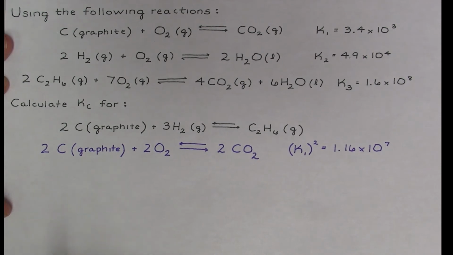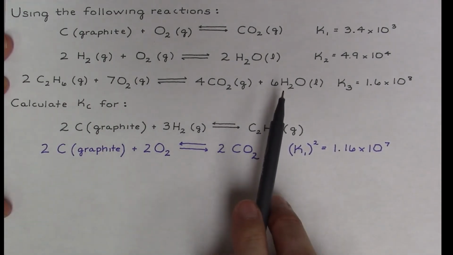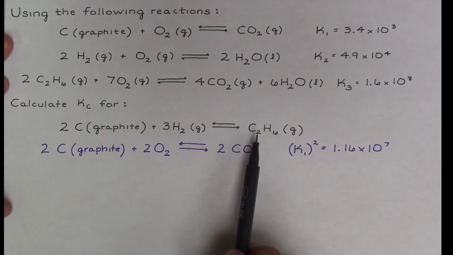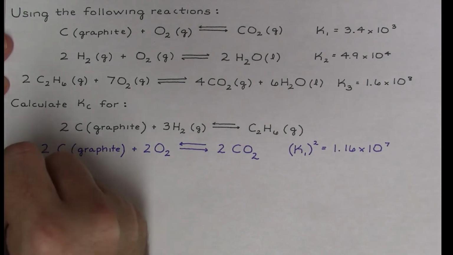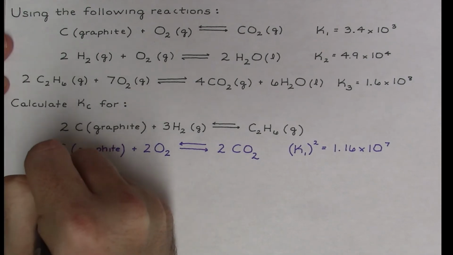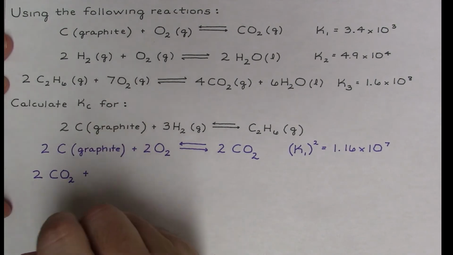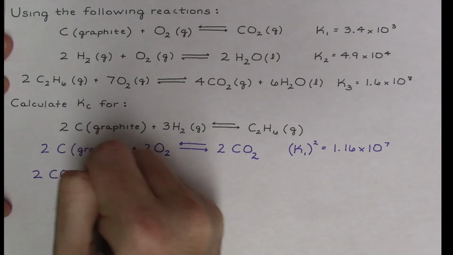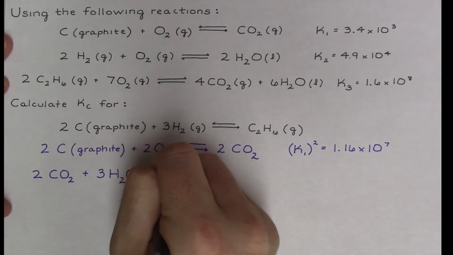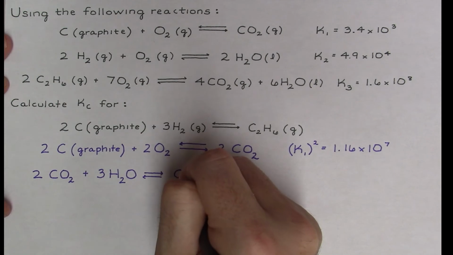Now what we need to do is go and look at our next equation. Notice that it is best for us to look at our third equation first, because what we need to look at is our product. Notice that I have 2 in my original reaction, but I only need 1. So what I can do is divide that third reaction by 2. That will give me 2 carbon dioxide on the other side, along with 3 waters. Notice that I have flipped this reaction. And I will get 1 C2H6